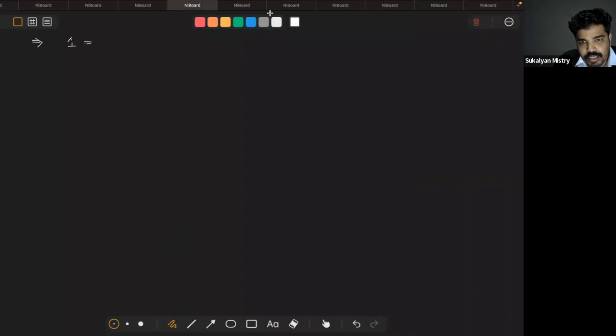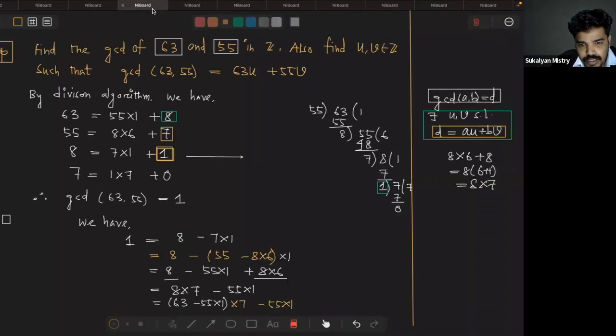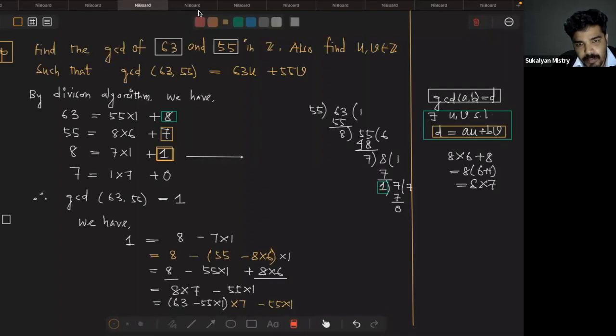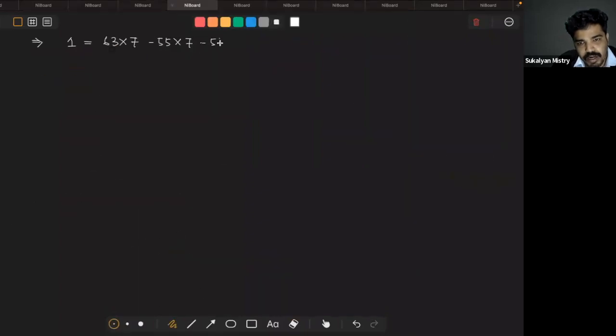1 is equal to 63 into 7, minus 55 into 7, minus 55 into 1. So that is equal to 63 into 7, minus 55 — if we take it common, what will happen? 7 plus 1, that is 8, so minus 55 into 8. So this can be written as 63 into 7